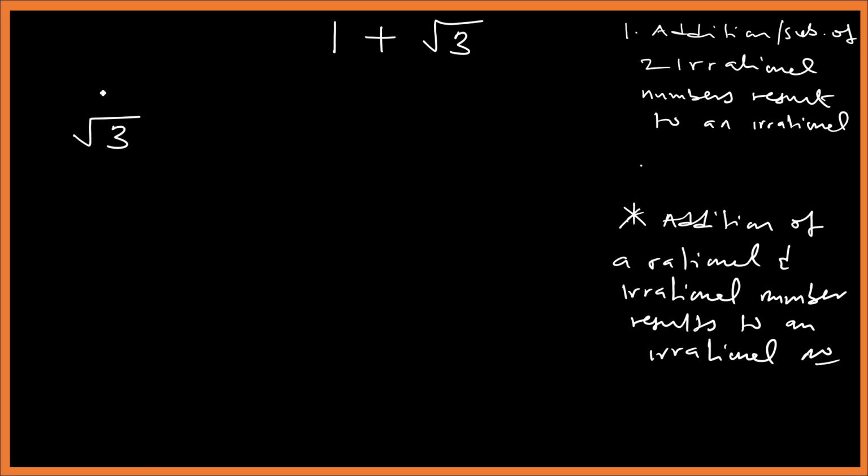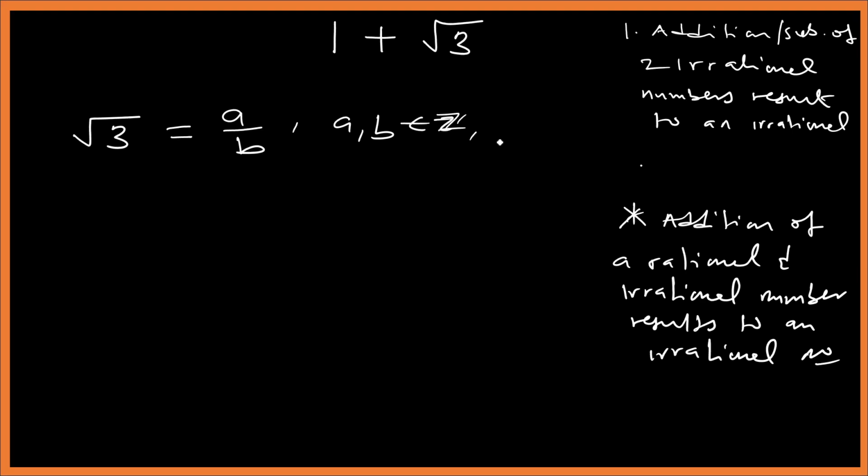So we assume that the square root of 3 is a rational number. And remember, a rational number is a number that can be expressed as a over b, where a and b are integers,